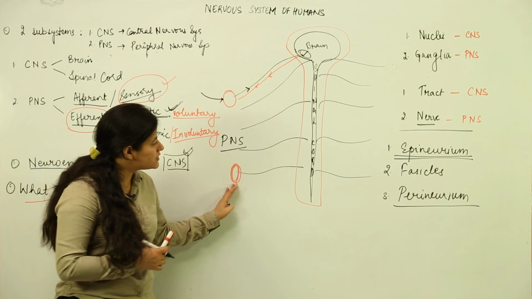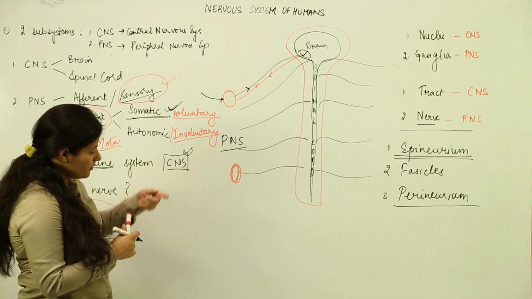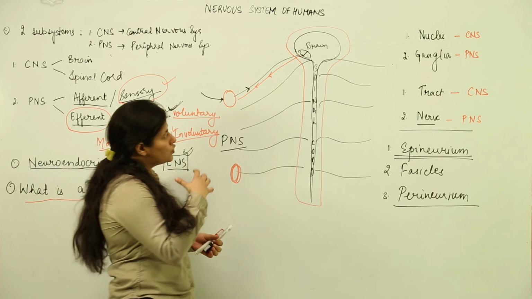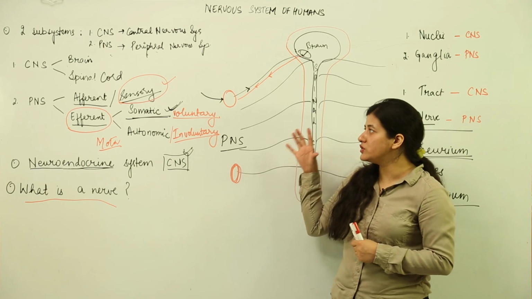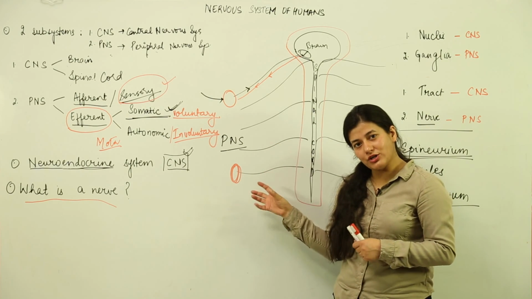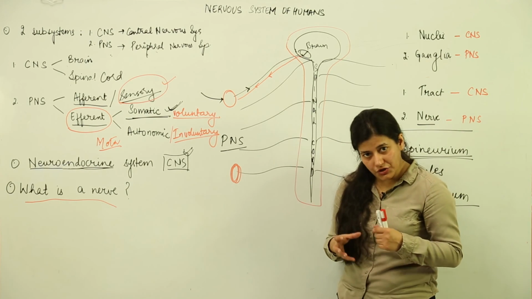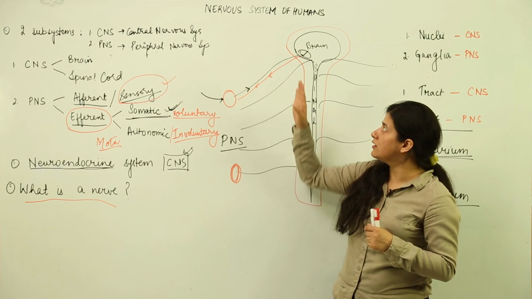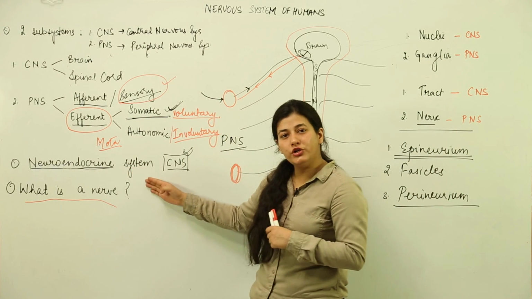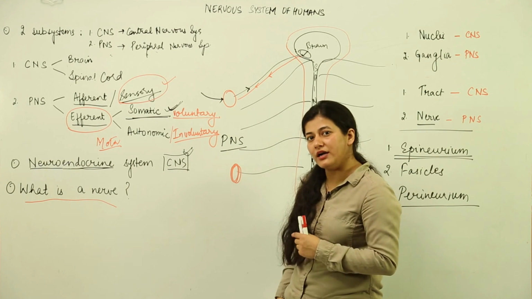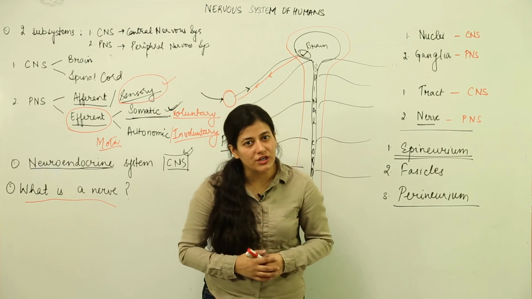So there is an involuntary system known as the autonomic PNS, which is present along with the voluntary system, and these systems help the body maintain its functions in a better and efficient manner. The nervous system is responsible for the entire functioning of the body in a very coordinated way. That is why control and coordination is basically the main forte of the system, and it is carried out by these two subsystems and the neuroendocrine system, which takes part in controlling and coordinating various functions of the body, including the rest of the physiological functions as well.